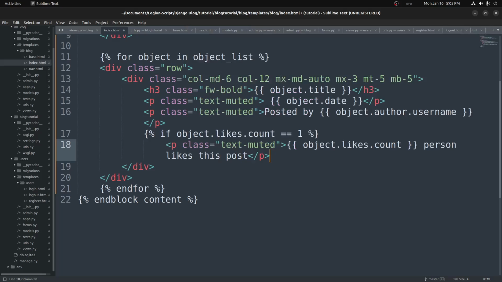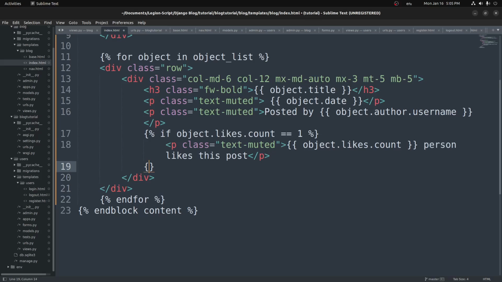So we have one post. We want to say one person likes this post. But if we have more than one, we'll say, 3 people like this post, just to get the correct grammar